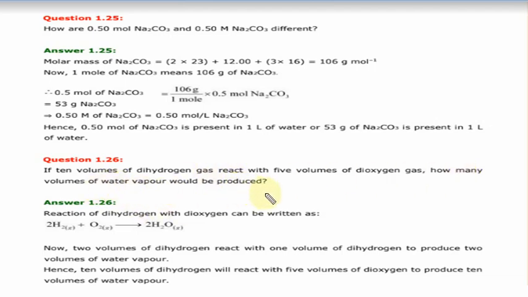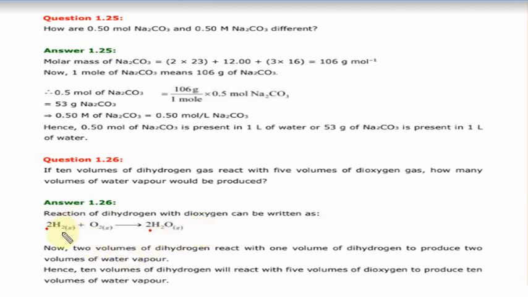For solving this type of question, firstly you should know what is the reaction between hydrogen and oxygen to form water. So this is the reaction, that is hydrogen plus oxygen gives you water. Now the next important thing is, firstly तो आपको reaction पता होना चाहिए. Second important thing is you have to balance the reaction. Okay, so this equation is balanced. We have put here 2 and here 2. Now it is balanced. Here there are 4 hydrogens, on the product side also 4 hydrogens. Reactant side 2 oxygen, in the product side also 2 oxygens.